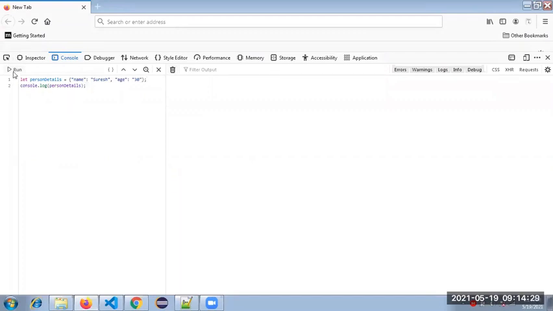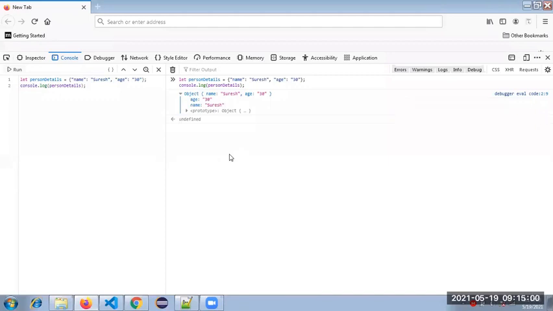Person details. See how the values are shown here. This is an object, guys. This is how it will be stored. I'm only telling you the data type.